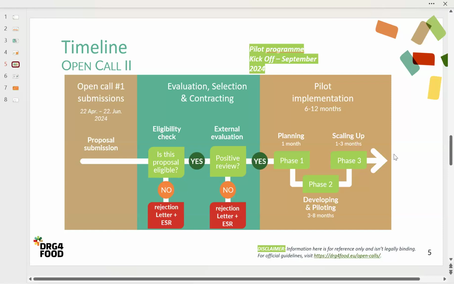Each project is divided into 3 phases. Phase 1, planning. Phase 2, which is the longest one, focuses on the actual development and piloting of your solutions. And then we have the scale-up phase, which is all about your business models, which is all about communicating your projects to a wider, let's say, ecosystem, including potential partners, investors, and similar. So again, more information can be found on our website.